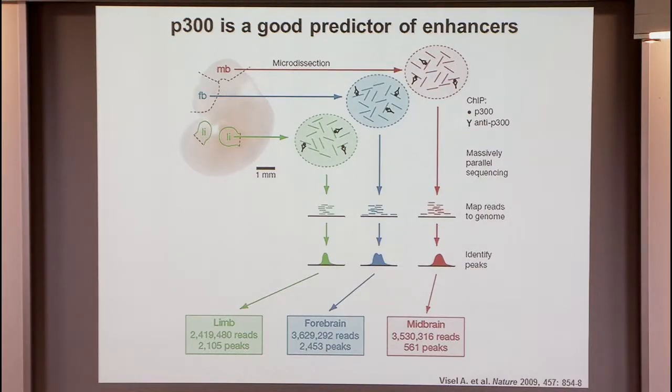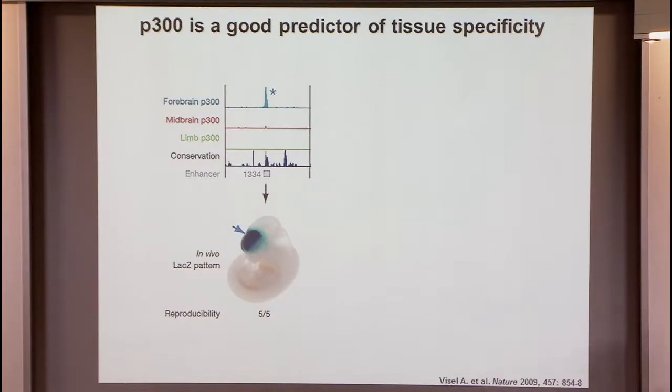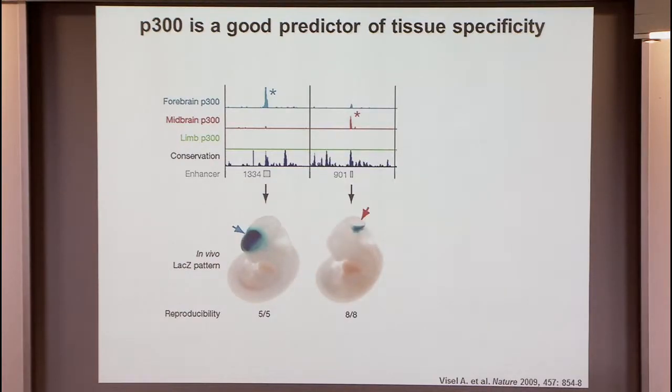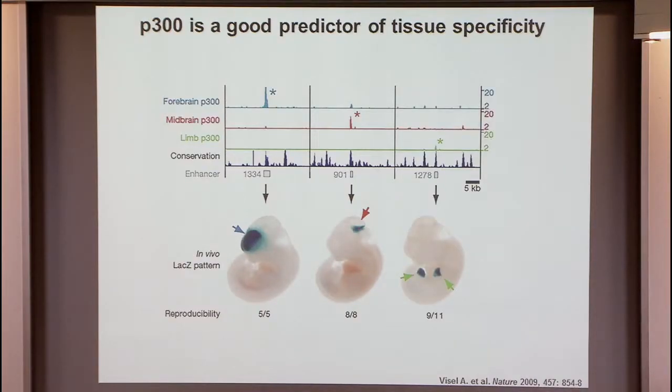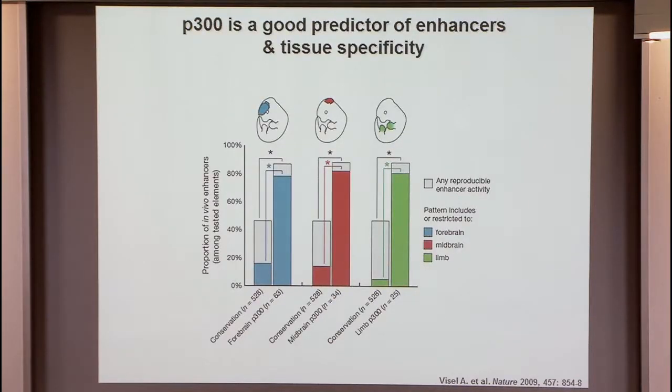And what they showed later is that if, for example, you take the forebrain peak and check it in the mouse assay, and we'll talk later on about enhancer assays, this is definitely a forebrain enhancer. This one is a midbrain enhancer. And here you can see a nice peak in the limb, and it's definitely a limb enhancer. And they got, as I mentioned, a really good success rate